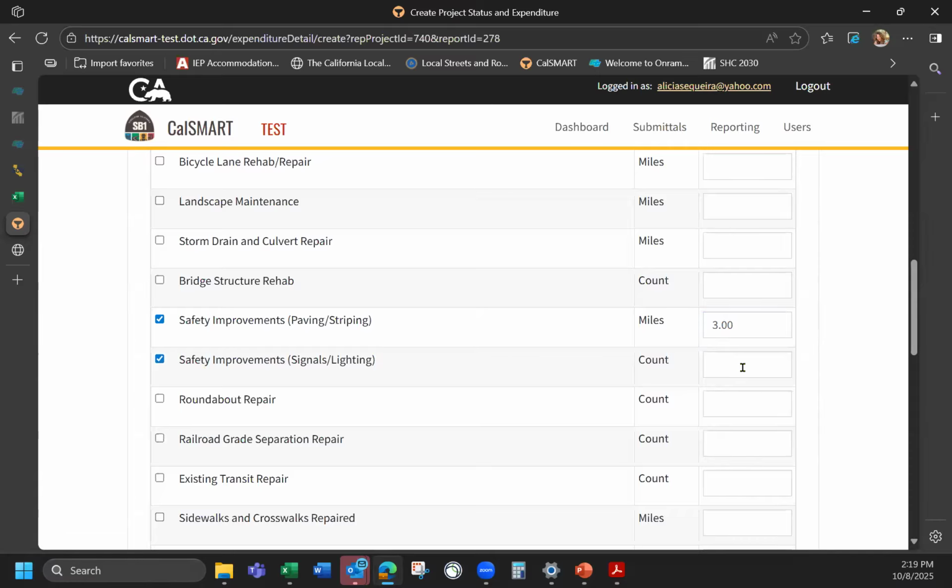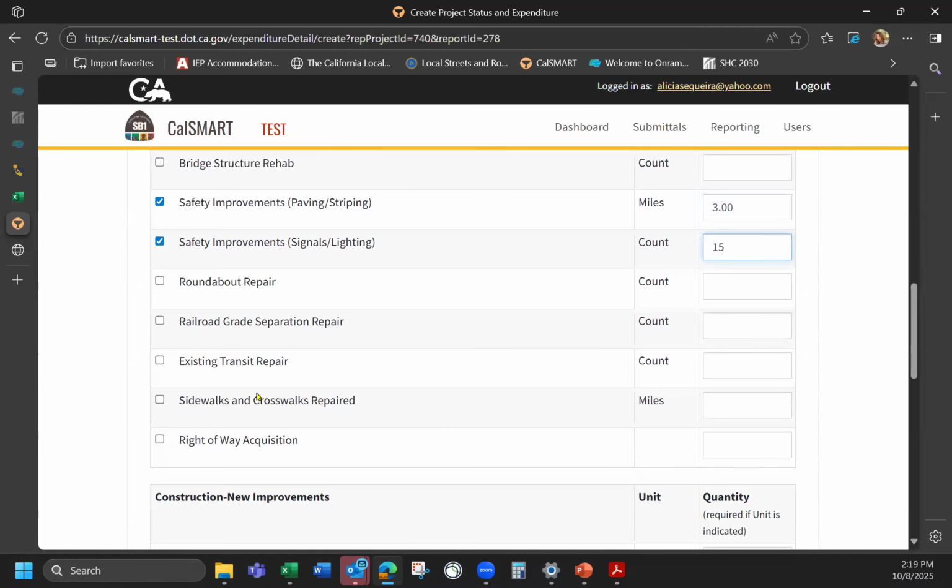How many signals and lights did we update? Let's just say we did 15 as a part of this. In total, overall the sidewalks consisted of 2 miles of the overall work. I think that's a lot, but